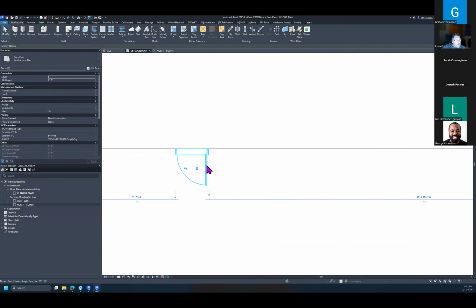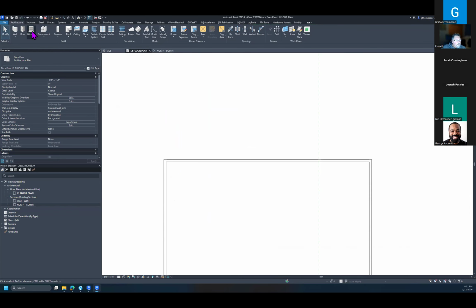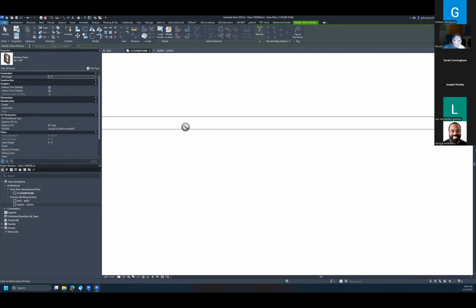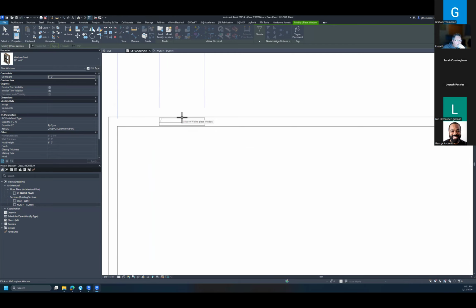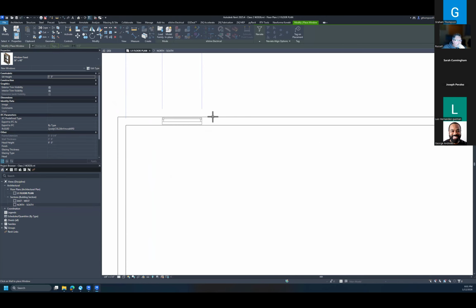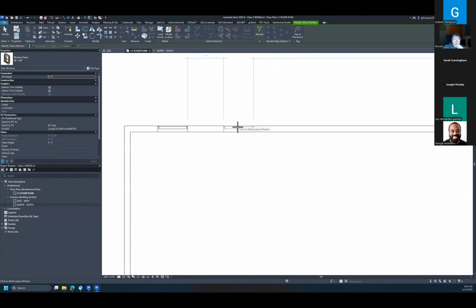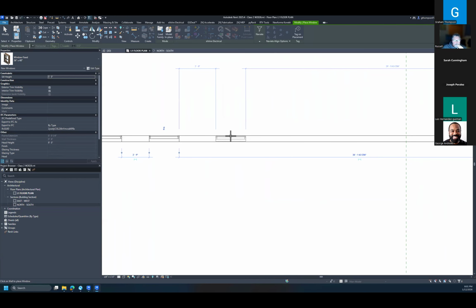But the same principle is true for windows. So when I grab this window, when I come in here, right now, that window is technically facing inward. We want this little stripe on the outside, and that's going to put that glass on the outside and put your windowsill on the inside. So let's go ahead and place a handful of windows on this back wall. Again, remember, I don't care where they're placed right now. We're going to take our dimensioning tool